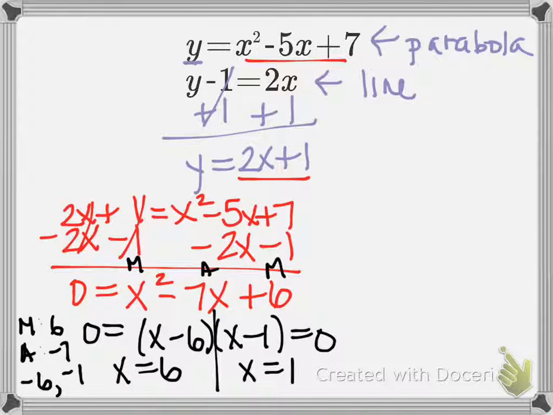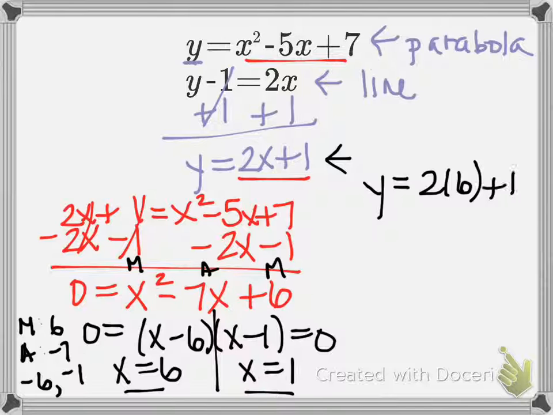Okay, now remember that with a system, you're really solving for the points where the graphs hit each other. So I have the x values, but now I need to know what the corresponding y's are. So I'm going to go back to one of my equations. I usually choose my linear equation just because it'll be a little bit easier. So I'm just going to substitute in my two values. So 2 times 6 plus 1, inserting 6 for x, that gives me 13. Now I'll plug in 1,